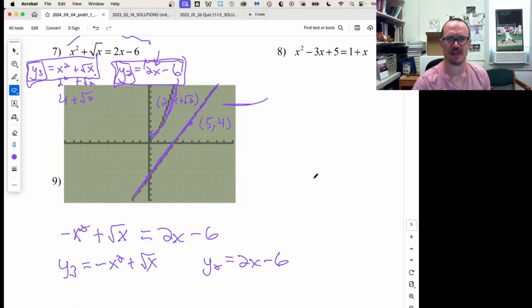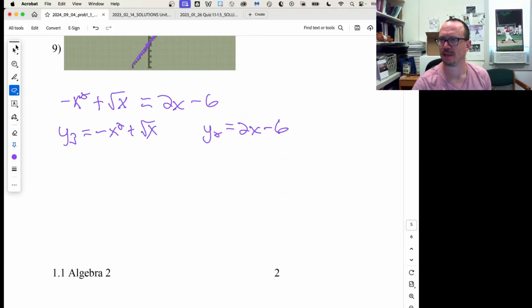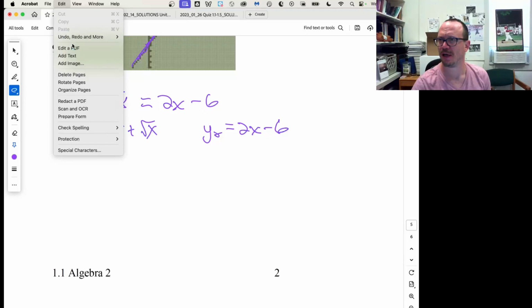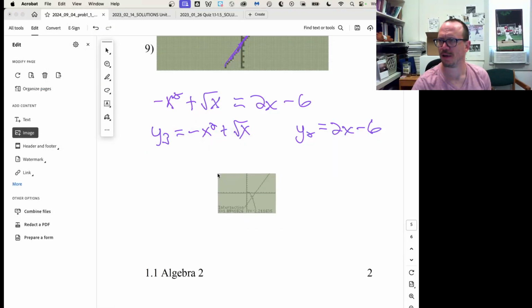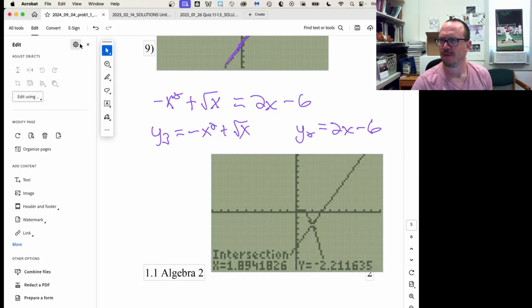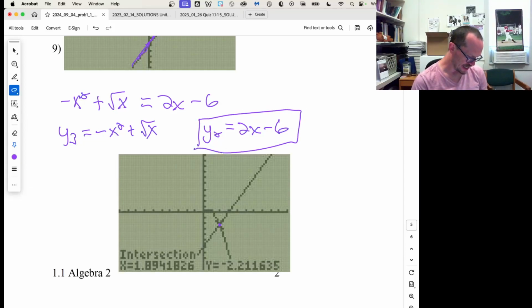So what we just did here is we managed to find the point that is on both of the 2 curves. It's on this y2. So if I take this number right here and I plug that in for that x, if I multiplied that number by 2, it's about